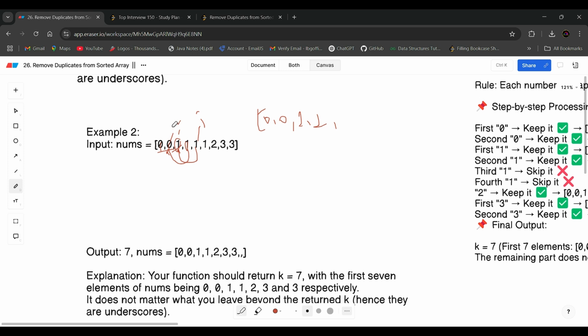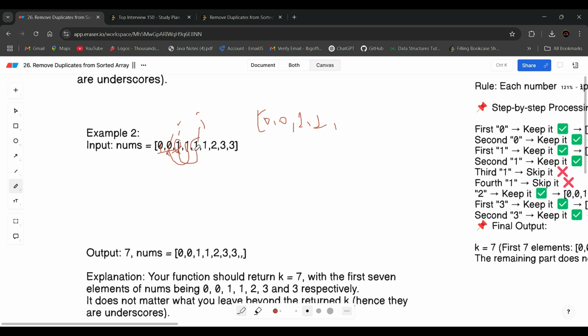Let's zoom in. This is our i, this is i minus 1 and this is i minus 2, and 1 is equal to 1, the condition is true, so we ignore it. Now for the next i, again it is equal to the element at i minus 2, so ignore it. Now this 2 is our i and it is not equal to 1, so 2 is present.